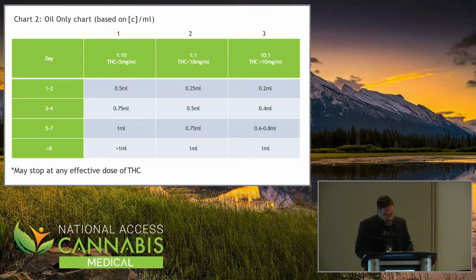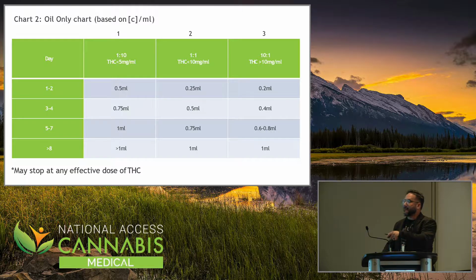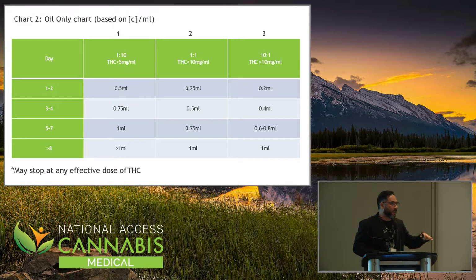No. Well, it's a good question. It becomes complicated, but you'd use a stepwise approach. You start them on a lower dose. As they start decreasing their opioid, then you would start increasing it. If they're using an oil, I would start them on something that was less than 5 milligrams of THC. As they decrease their opioid, I would start increasing. And what I can tell you is we don't have any RCTs on that kind. I'm currently working on those, but we don't have any published data on it.